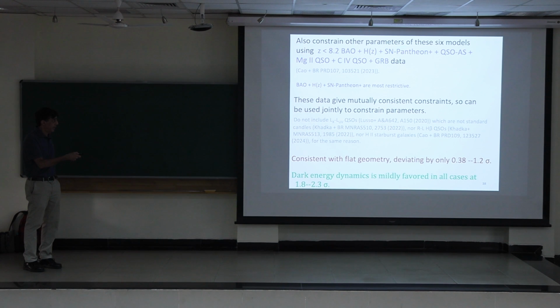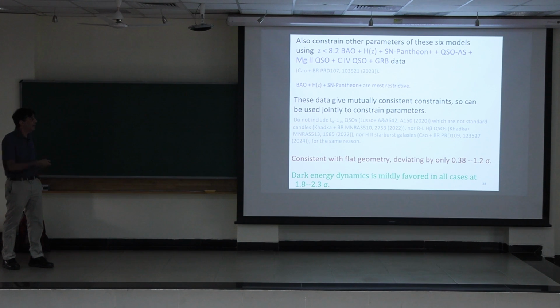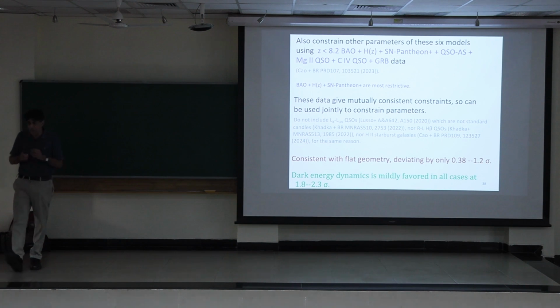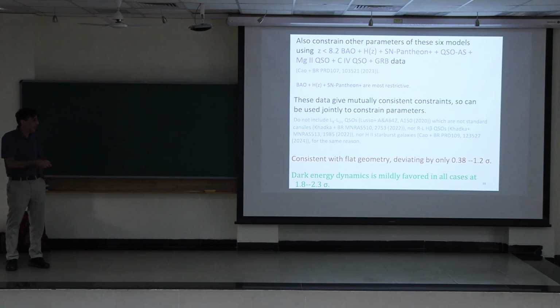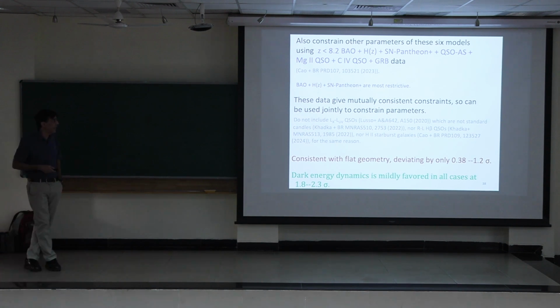Again, it's from these data sets, and these give you most of the statistical weight. We carefully checked these contours from each of these data sets individually, and we find that they're consistent, and we've actually discarded a lot of data. Some of you might be familiar with X-ray UV correlated quasars, and we can show that those are not standard candles, so we don't use that data. We also looked at reverberation measured H beta quasars, and we can show that those are not behaving consistently. And we looked at H2 starburst galaxy data, and we can show that those are also not standard candles.